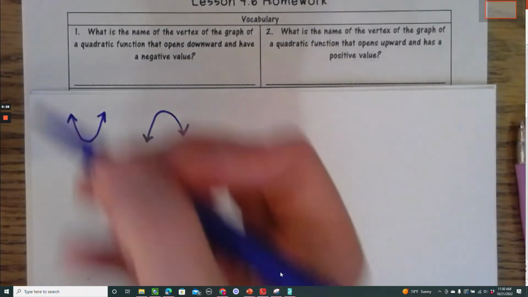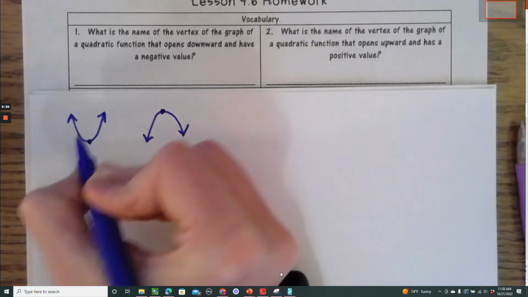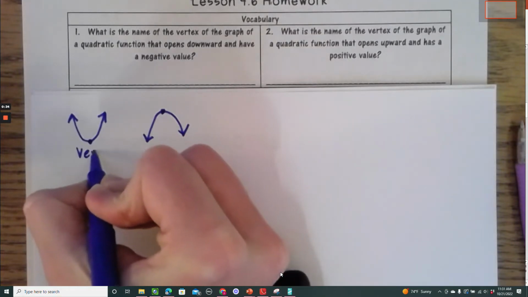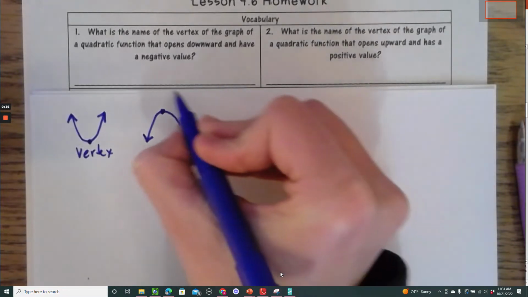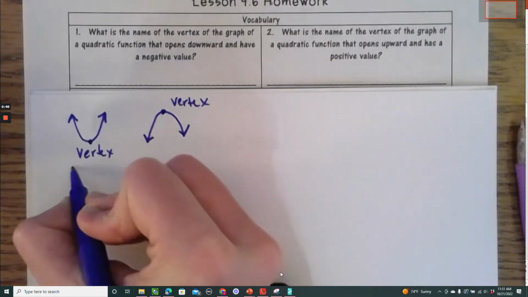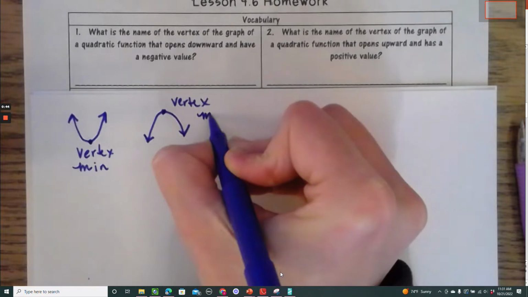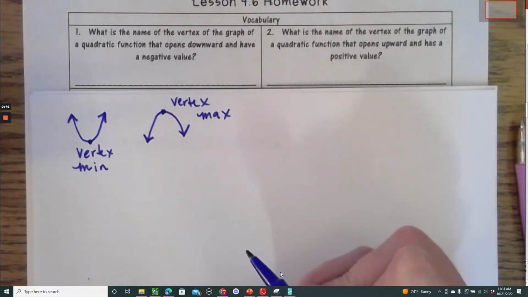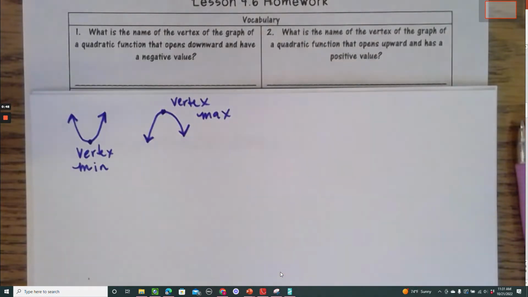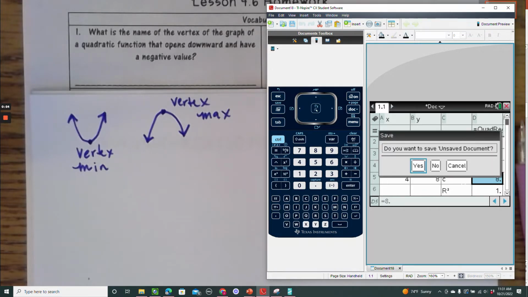Another key feature are the minimum and maximum values. And the vertex is what that point is called. So if it opens upward, it's a minimum value. If it opens down, it's a maximum value. Okay? The other thing, and I don't know if y'all realize this, when you graph a quadratic,